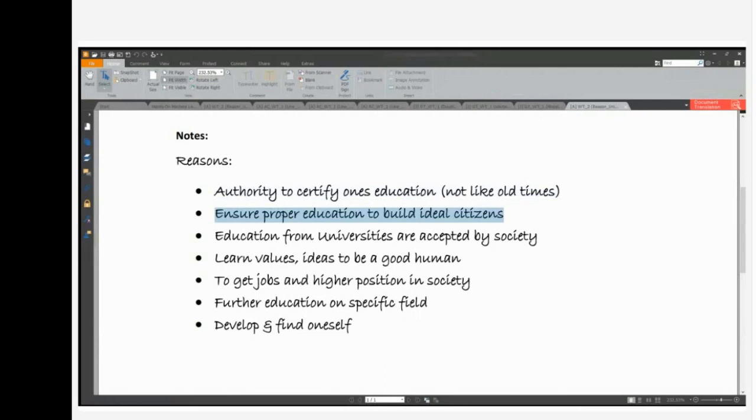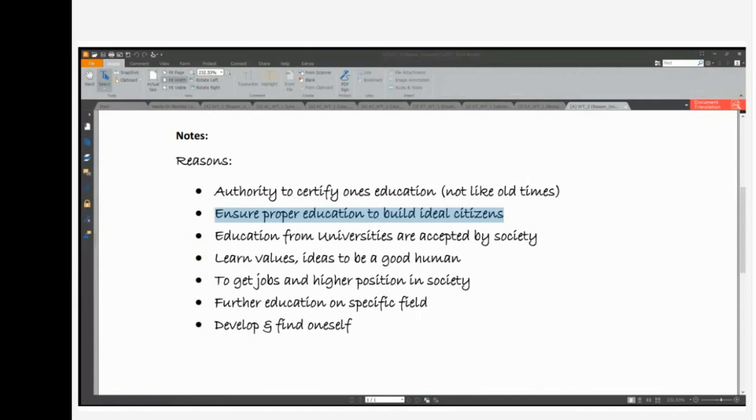The sole purpose of a college or university is to ensure the proper theoretical and moral education to build the ideal citizens the country needs, and this is the system which is unquestionably accepted by the society. So now in this part we are actually saying how society is actually accepting the educated person educated by the college and the universities. Then we can describe and explain a little bit on this point, saying people who do